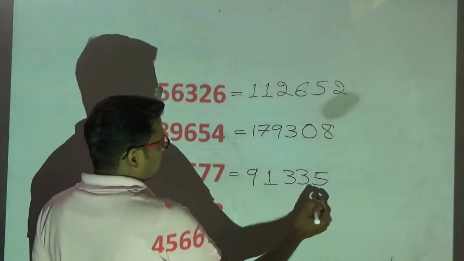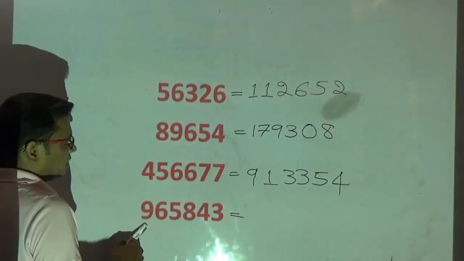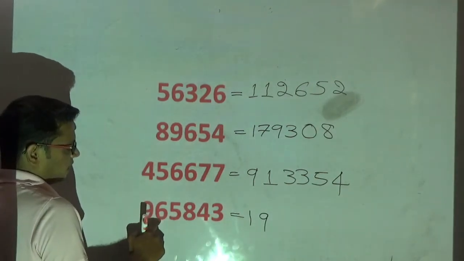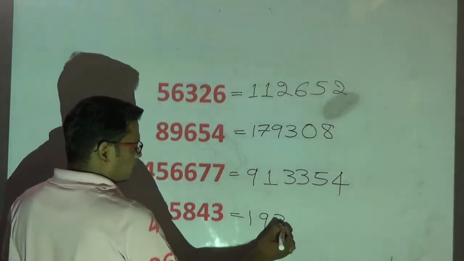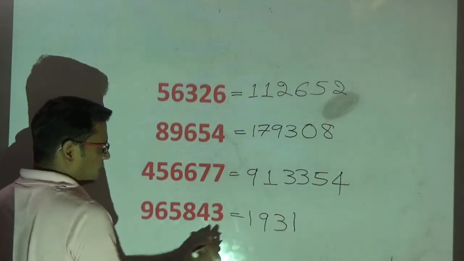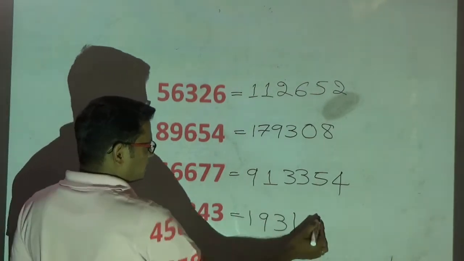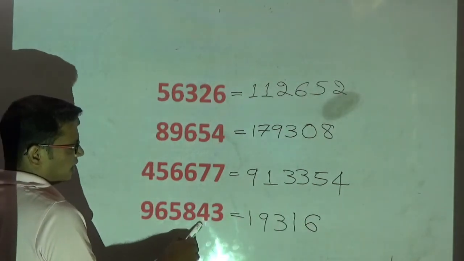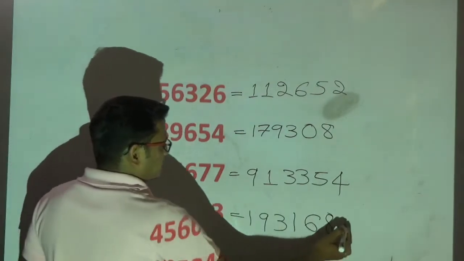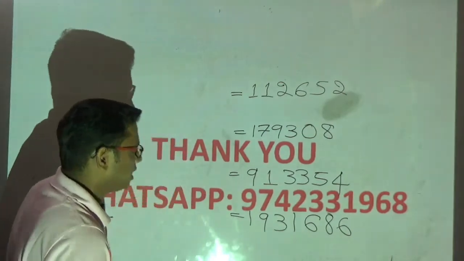7 double is 14, write the end digit only. See how quickly I am doing. Next, 9 double is 18, plus 1, that is 19. 6, double of 6, 12. Next number I check, therefore I will write 13. Only the end digit you have to write. Double of 5, 10, plus 1 I have to do. End digit is 1. 8, double of 8, 16. Next number is not more than 5. Therefore I will write 6 as it is. Next, double of 4, 8. Next number is not more than 5. Therefore 8. Here, 3 double is what? 6. See how quickly and how accurately we are doing our problems.